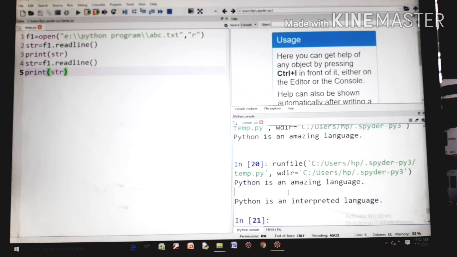To avoid this, you can use the end delimiter: print str comma end is equal to single quotation.